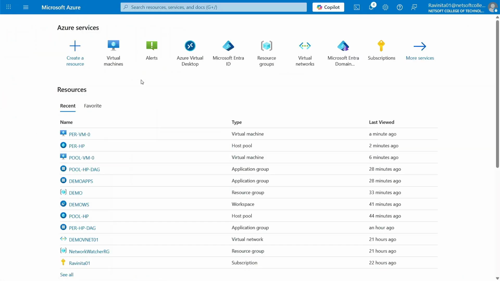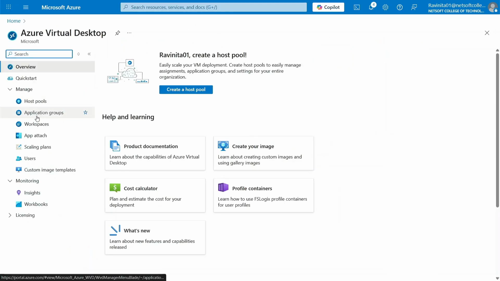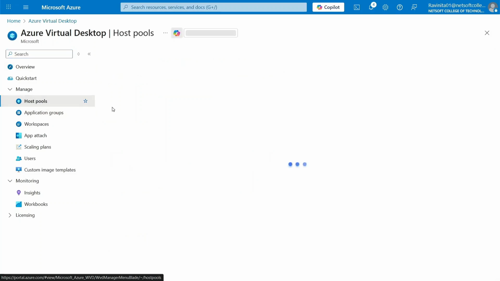When you push the update, don't turn off the drain mode immediately. First, when the updates are done, quickly check the machine for its stability, means if all the updates are properly installed or not. Once you are happy with the machine and the machine looks healthy, then you can go ahead, go to host pool,